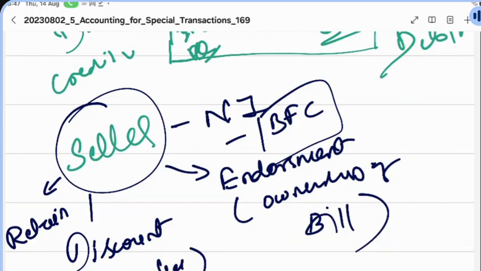You can retain it, enjoy it for 2 months. After 2 months, take the money. Another thing is, you are in need of money, so discount it. Clear? Or you are not in need of money, but you have some ability to discharge it. No, you have ample bills like that which will be coming to you regularly. Right? Then you appoint an agent who will be a banker. Whenever you receive a bill, you keep sending it to him for collection. So that is called a bill for collection. Clear?